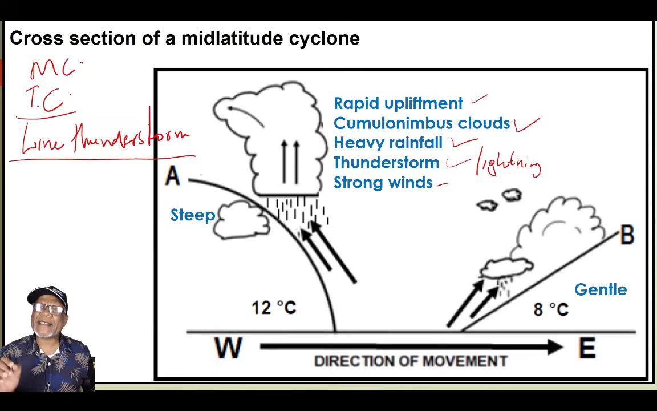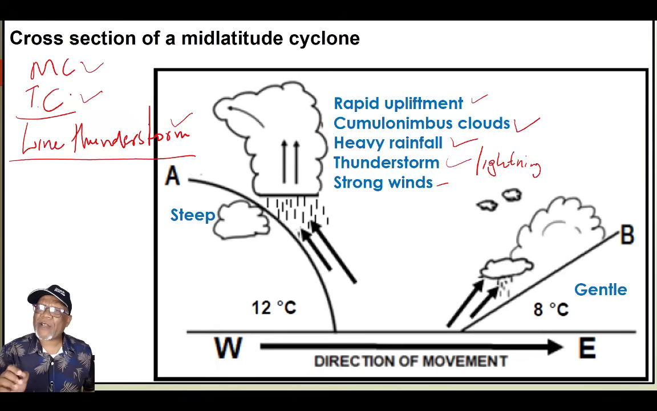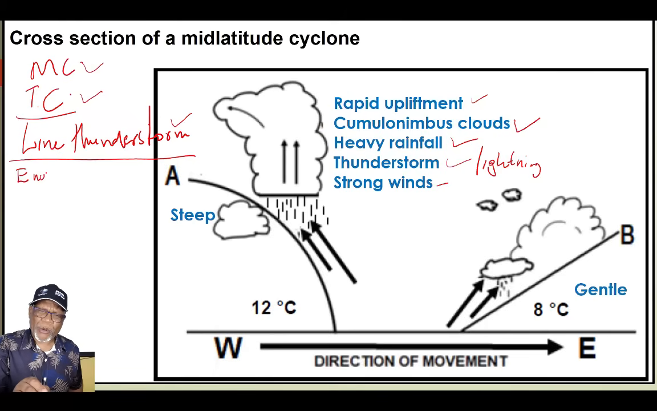The impacts will be the same. The impacts of cumulonimbus clouds, whether it is cumulonimbus clouds with a mid-latitude cyclone, with a tropical cyclone, or with a line thunderstorm. So long as you have cumulonimbus clouds, the environmental impact will be the same. Let's look at the environment. So when you're writing paper one,